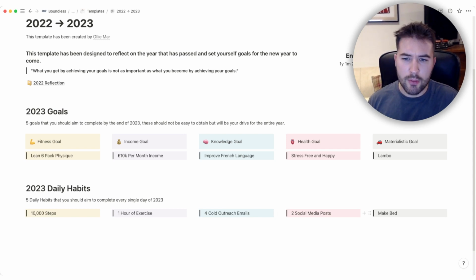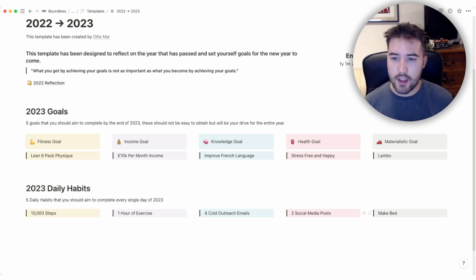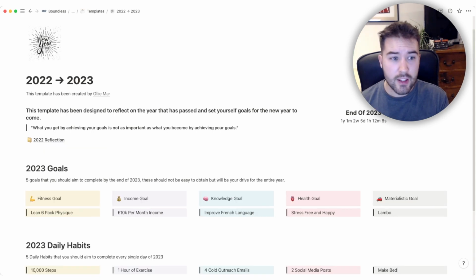So I'm not going to go into too much detail about why I do these things. And again, these are only kind of draft ones that I've put in here, but these are ones that work for me. And you don't want to make these ridiculously unobtainable, like working out for 3 hours, doing 30,000 steps a day, or sending 9 million emails. You want these to be genuinely achievable so that if you do these every single day, you will make a difference over the long run. So that's the really simple template.